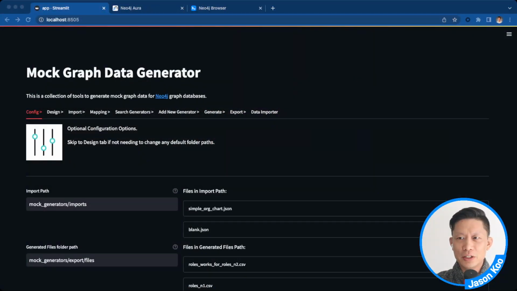I wanted to quickly walk you through a prototype mock graph data generator app that I've been working on. All right, let's just jump right in here and show you what I got. Okay, so what I've done is I've built a Streamlit app